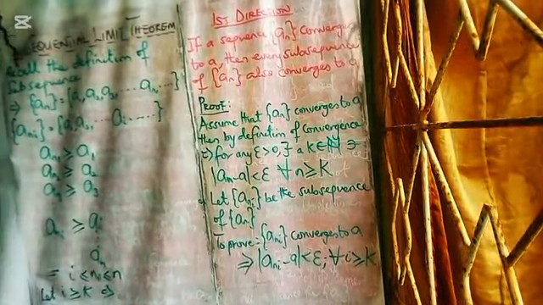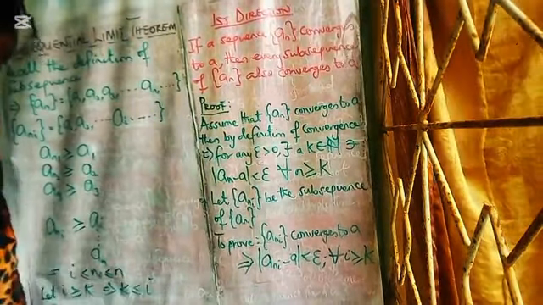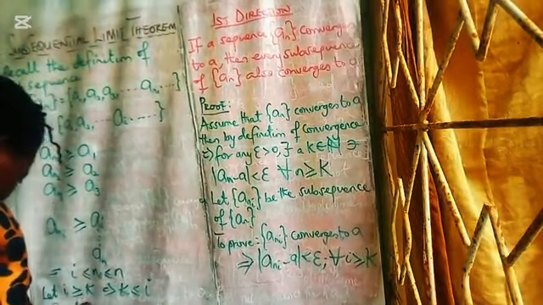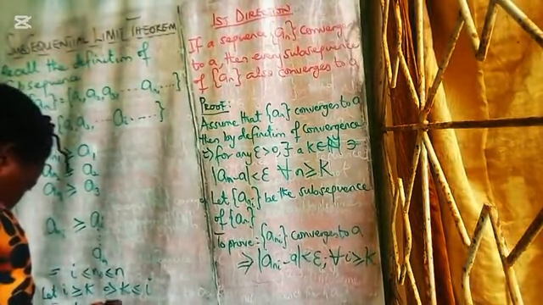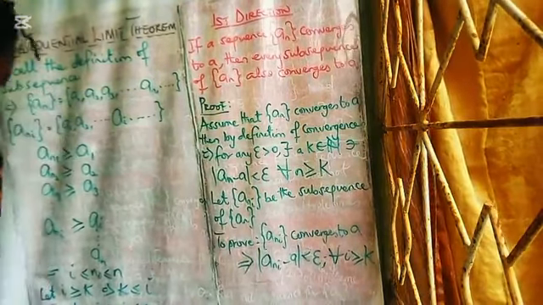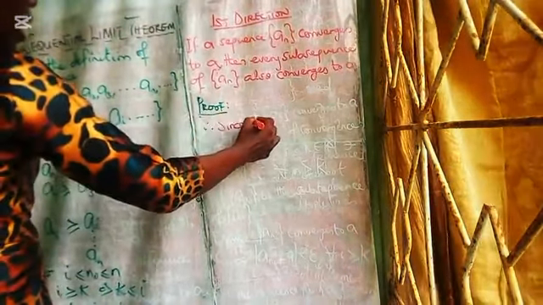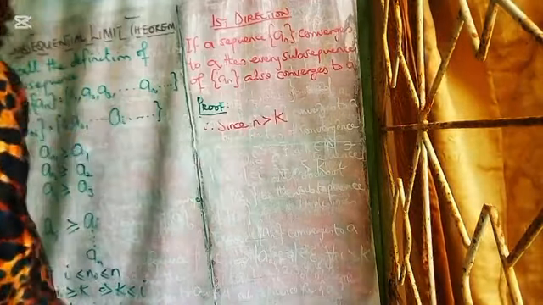This implies that k is less than or equal to i, and then that implies that what? k less than or equal to i, less than or equal to n sub i, less than or equal to n. Therefore, since n is greater than k and